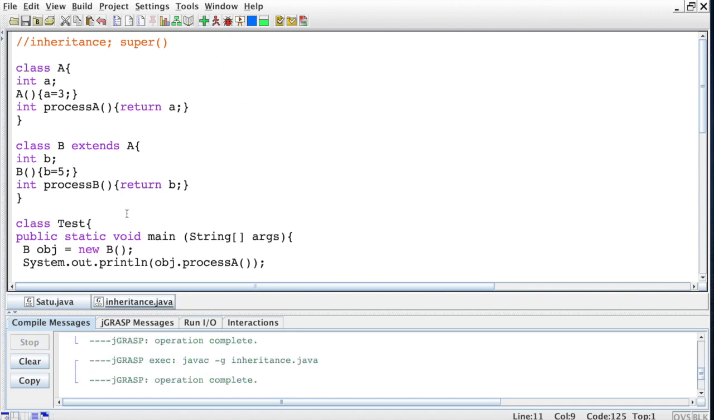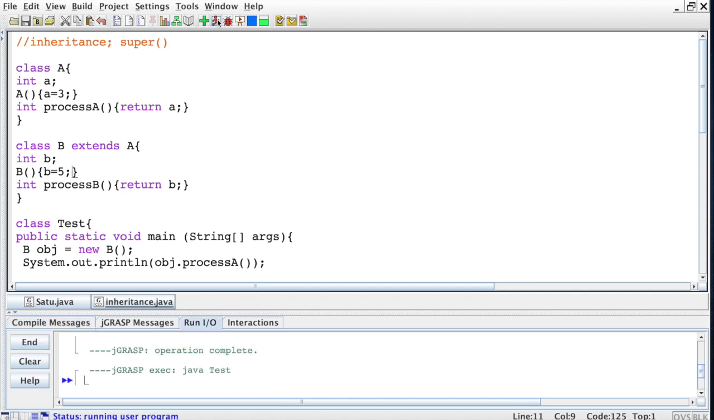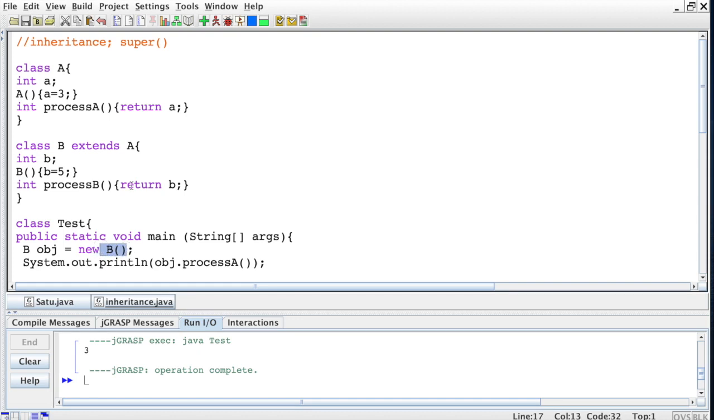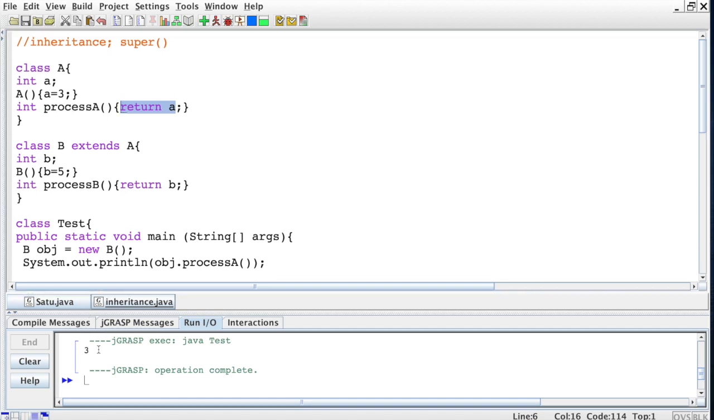Okay, when you run this, it will call 3. So it will automatically return A, and it will automatically assign A is equal to 3. So meaning to say that if you run this program, you can see that